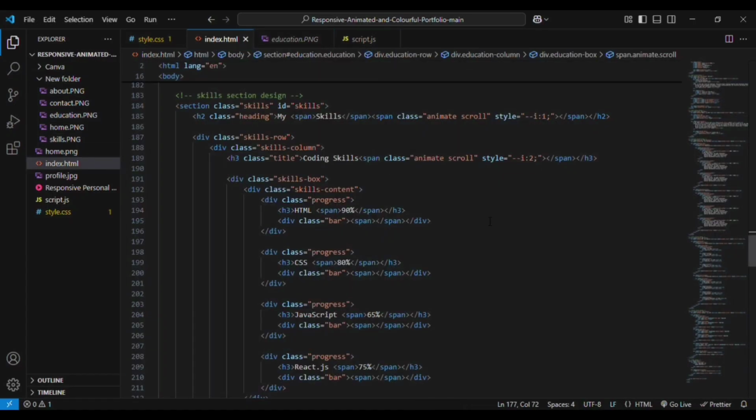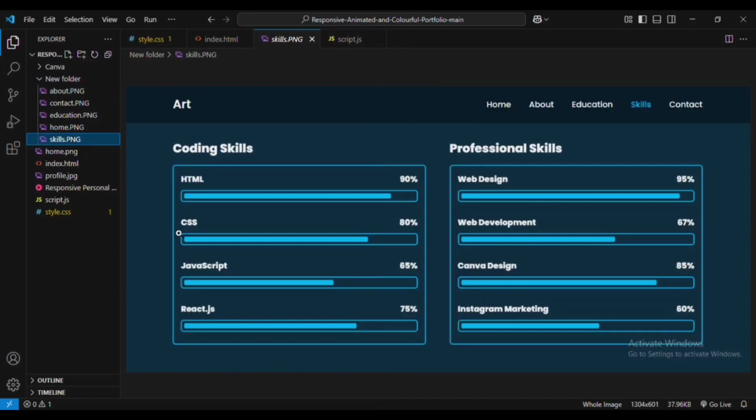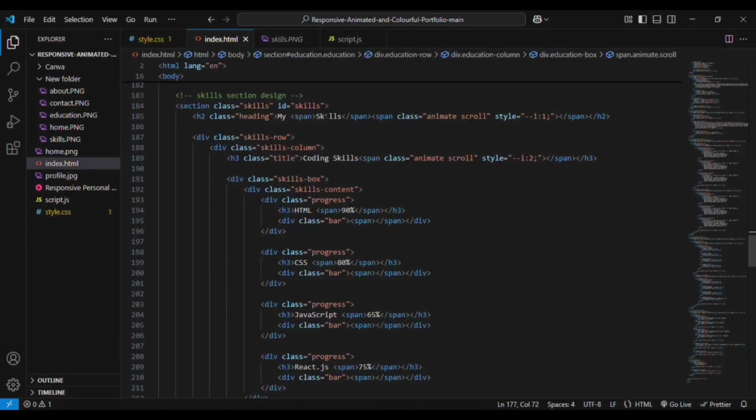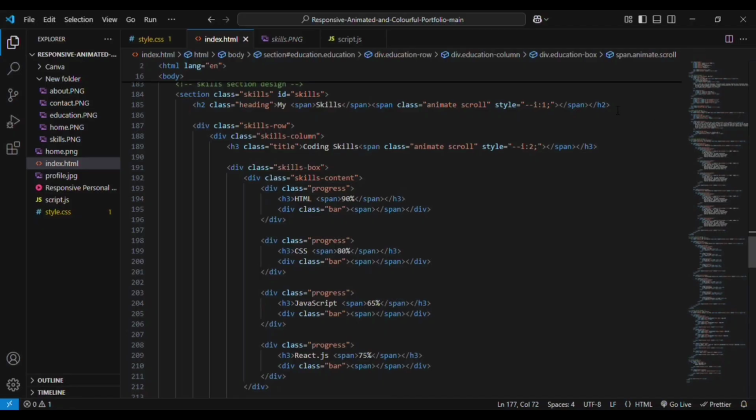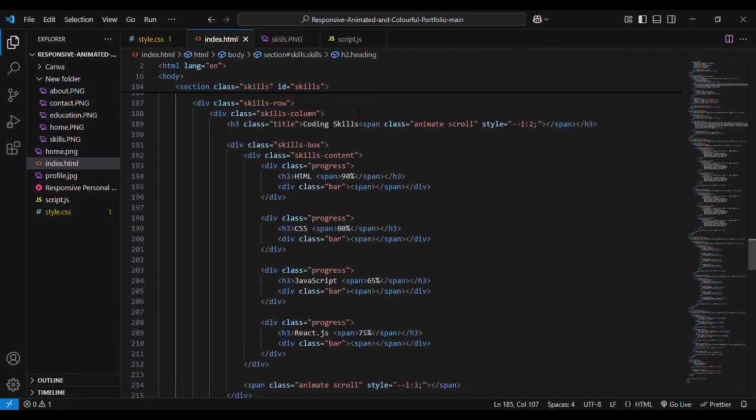Let me show you the skills section. This is the skills section. In the skills section, we have the H2 element, the same heading tag. Then we have the main div, that is skills row, and skills column. In that we are adding the H3 element for the heading, that is coding skills,